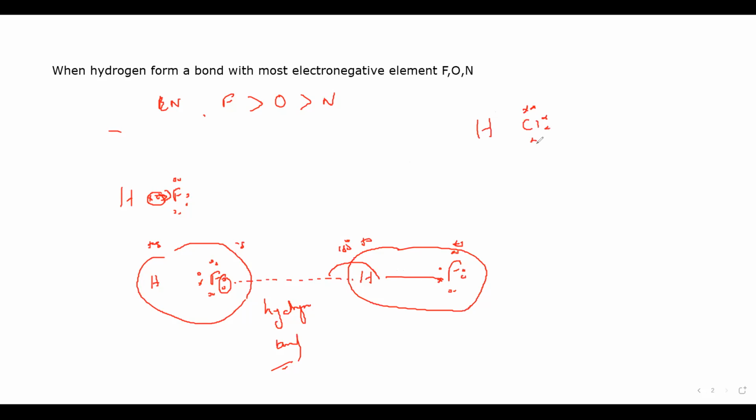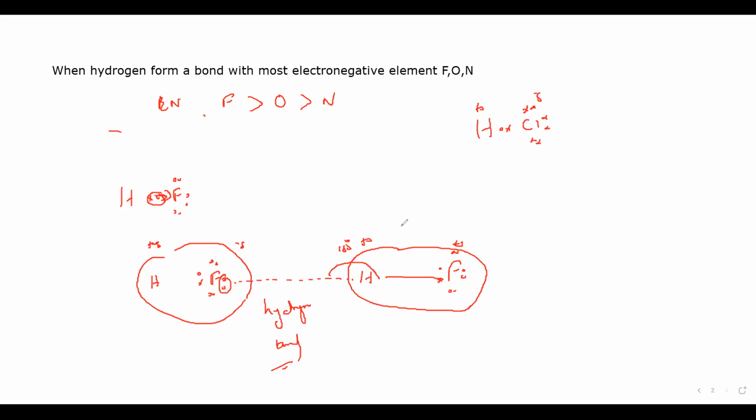Because chlorine is more electronegative than hydrogen, so the electron shifts more towards chlorine, but still hydrogen has these electrons. But in case of fluorine, oxygen, or nitrogen, it appears that hydrogen almost lost those electrons. That's why the hydrogen is attracted towards the lone pair of another molecule,